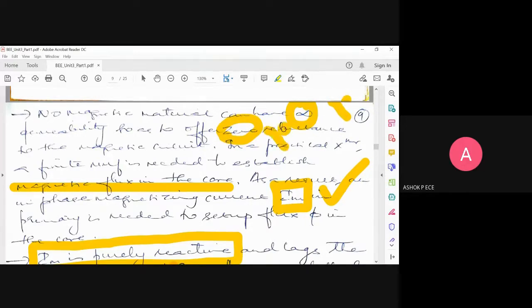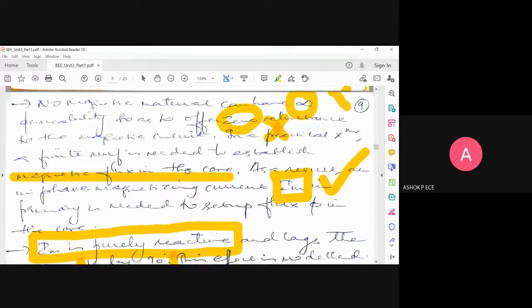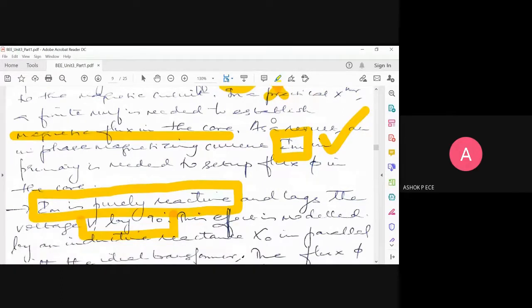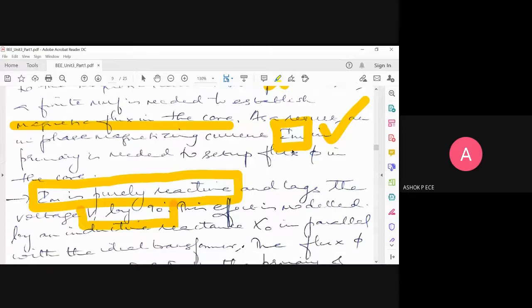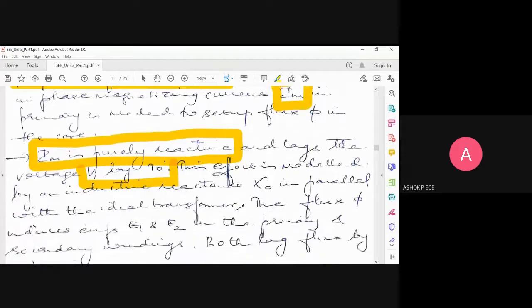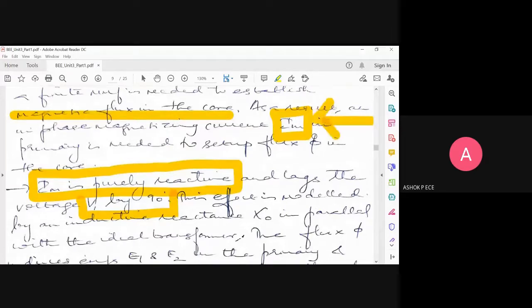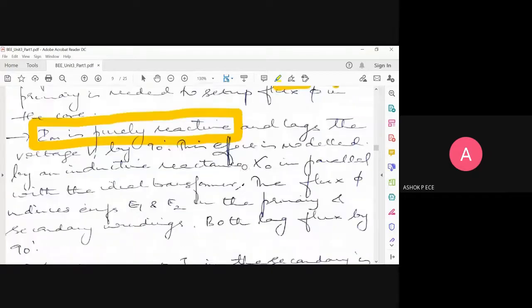So in practice, what happens? You definitely need a small current to magnetize your core or set up magnetic flux in the core. That current is quantified by the name IM. It is called magnetizing current. Only when this current flows through your winding will you have a magnetic field set up. So winding represents your inductor, right? You know, in an inductor voltage always leads the current by 90 degrees. Since I'm focusing on current, I will say this current is going to lag the voltage by 90 degrees. This effect is modeled by inductive reactance X naught on the primary side. Is it clear now?